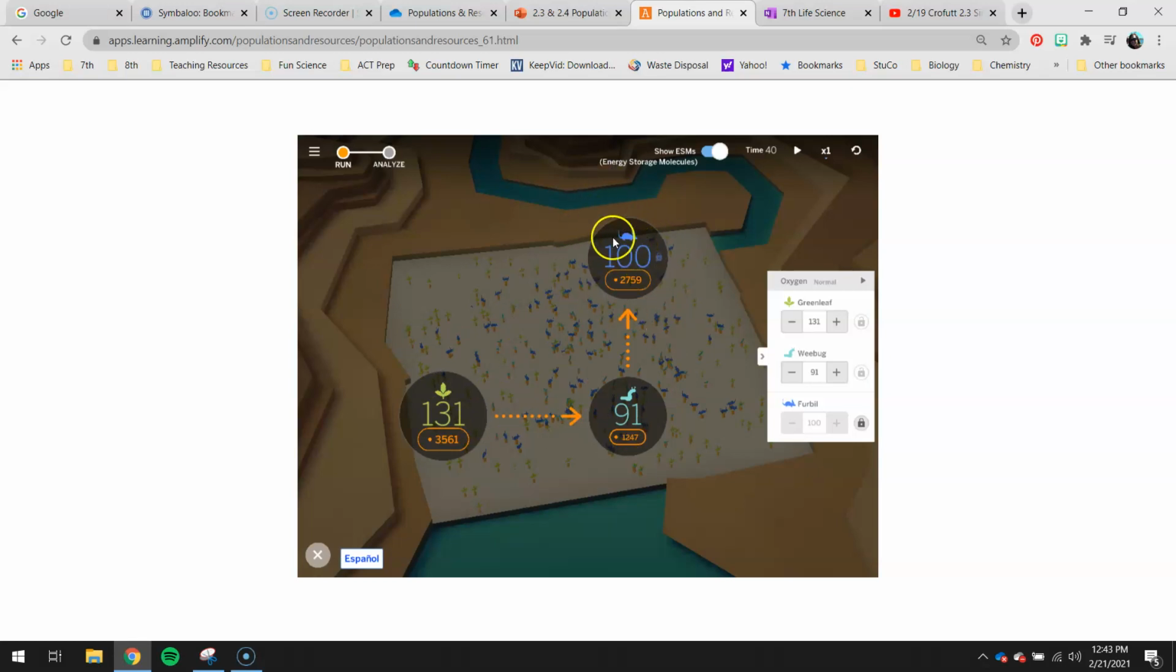So again, we could change our fur bills and see how it directly changes the wee bugs or how it indirectly changes the green leaf, because you know what, they would also have an effect there as well. So that's huge for you guys to understand what a direct effect would be and what an indirect effect would be. All right, so going back to our graph,